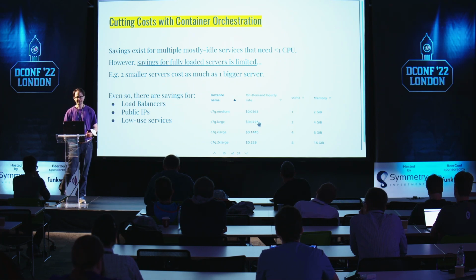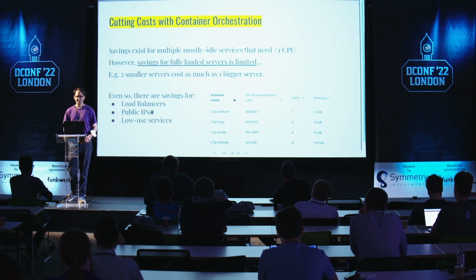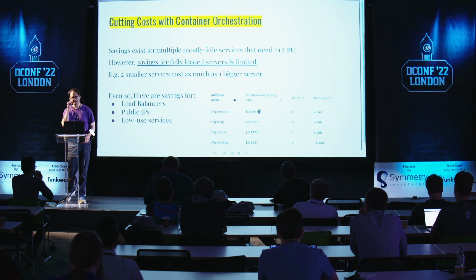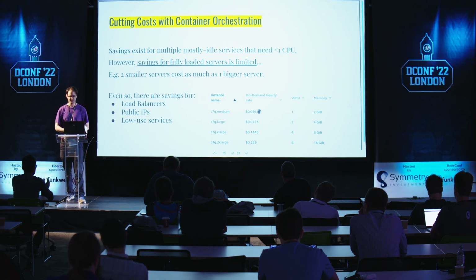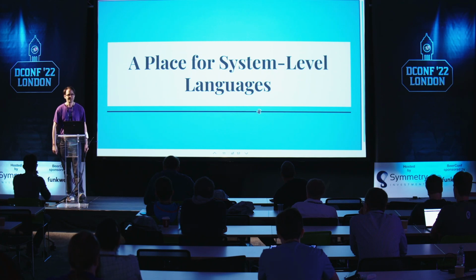I am saving on some cost, so I don't have to have 2 separate public IPs. I don't have to have a separate load balancer. So I'm only really saving when I'm not really using the resources on my computer. But if I'm fully hitting everything I have, if I'm fully exploiting my resources, the price difference between 2 smaller computers and 1 bigger computer isn't as big as you'd think. So this kind of brings in the next topic.